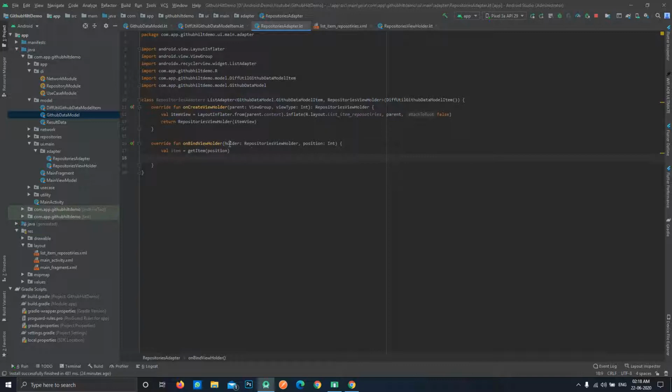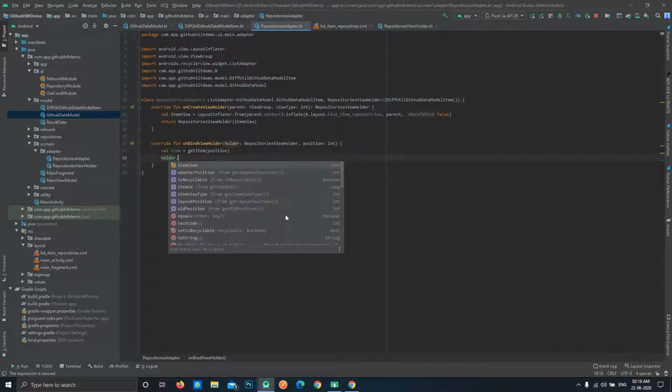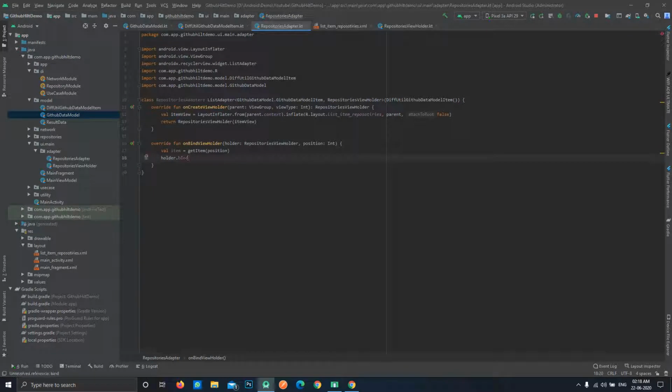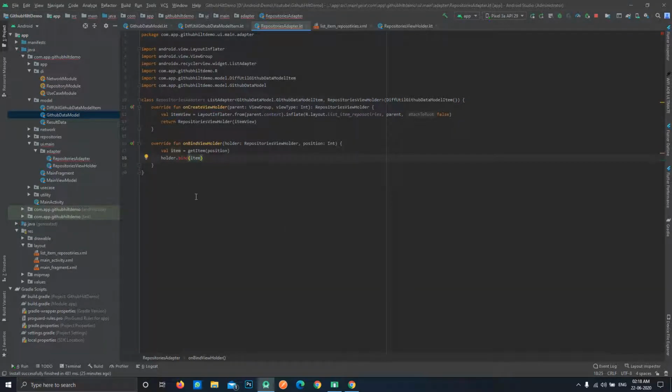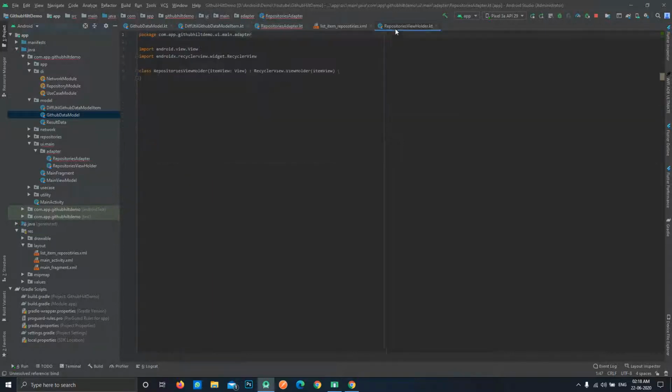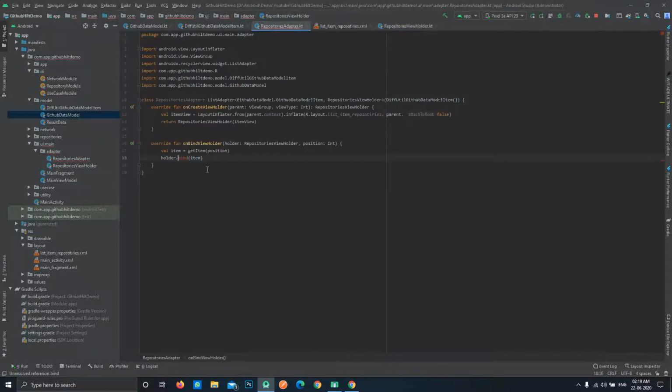So now we'll be using this holder instance of our view holder, and we'll be creating a function named bind, and we'll pass this item to that function. We haven't created that function inside here, so it is giving us some error. So just click your mouse over here and press alt enter, and it will give you some suggestions.